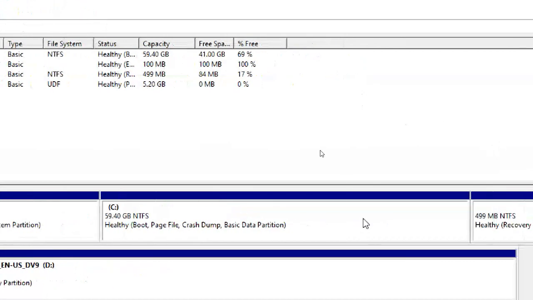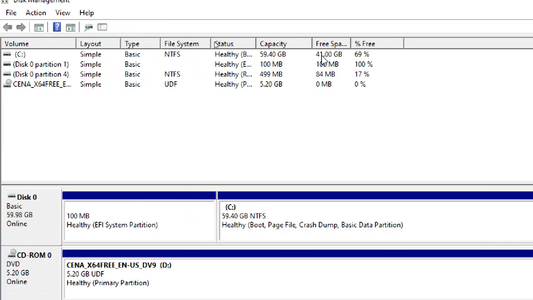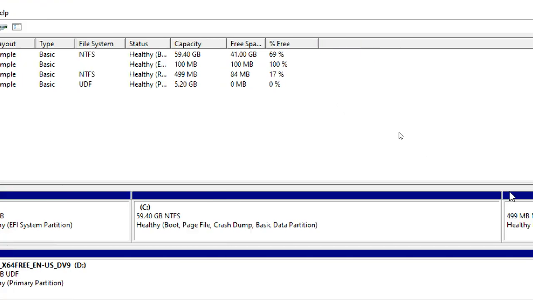Now why should we leave 40 GB for the C drive? Generally, don't cut the C drive. Leave at least 200 GB for the C drive in a Windows operating system. Earlier days it was very little space, but for the operating system and applications, you should give at least 100 to 200 GB. 100 is okay, 200 is better. But here we are practicing, so we took 60 GB, no problem, and 40 GB is free space.